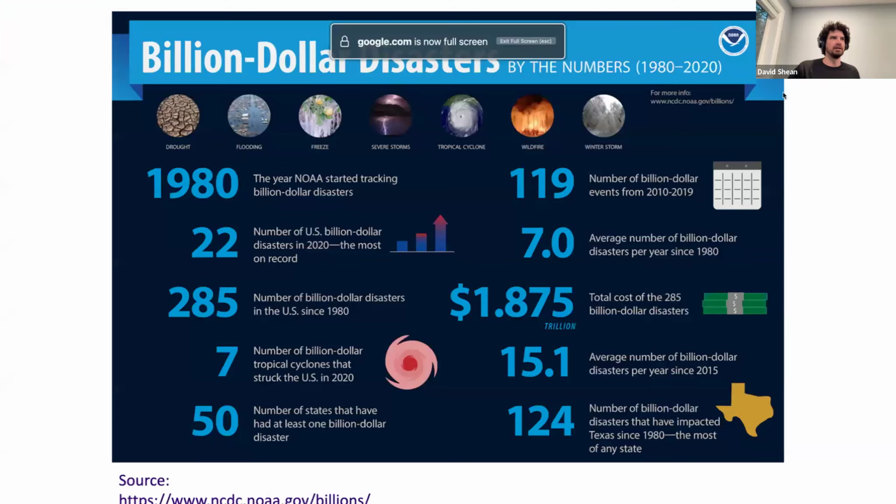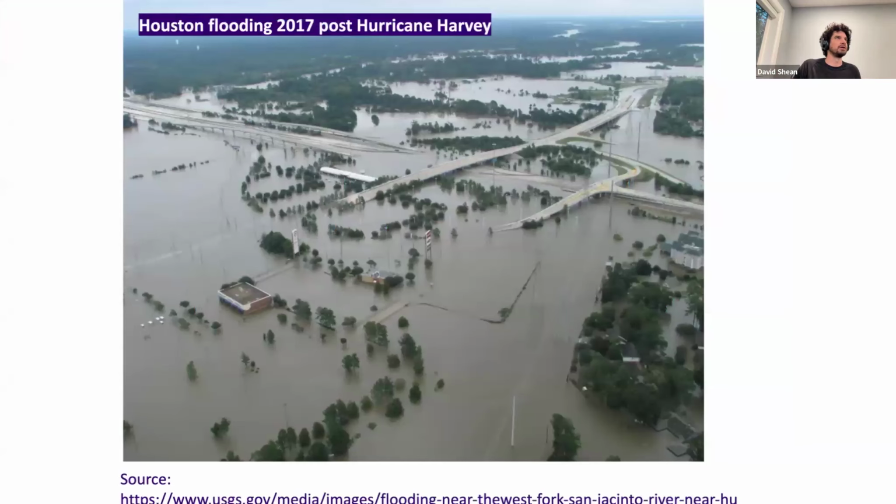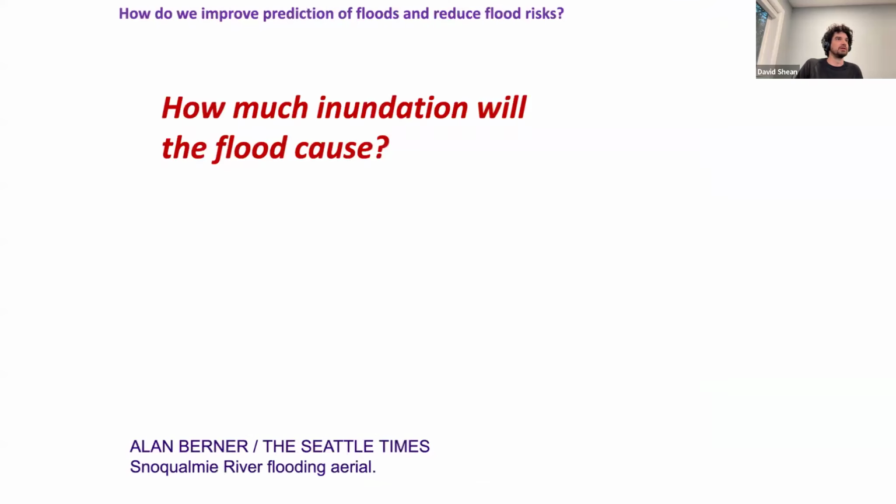So I think I'll re-share my screen here. So we've talked a little bit about flooding and natural hazards. This is a big deal. It permeates all areas of hydrology and hydrodynamics, and we have a number of faculty working on these. Here's a couple examples of flooding post Hurricane Harvey. You all have seen the news in the last few months with the 2 hurricanes that have come through in the southeast region of the United States. So very relevant, and also something that is continuing to change with ongoing climate change. So a lot of real need to understand these